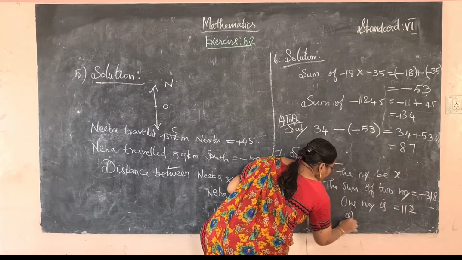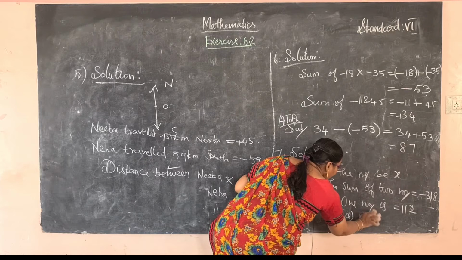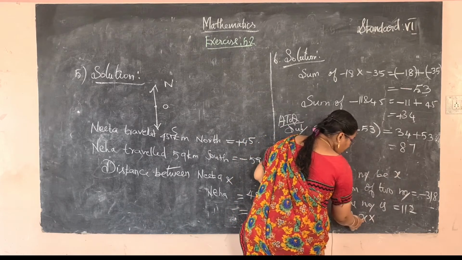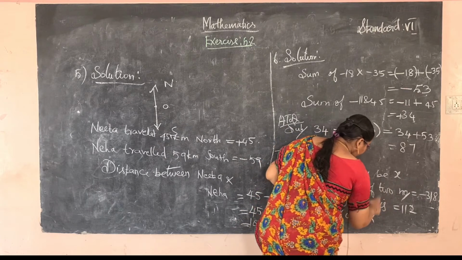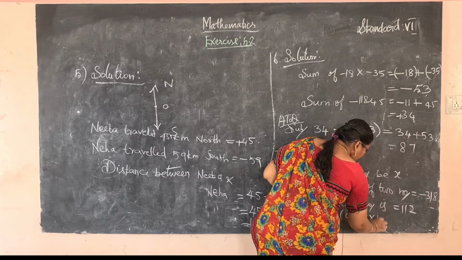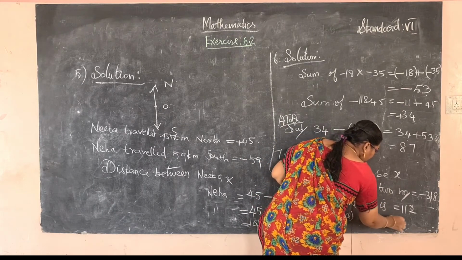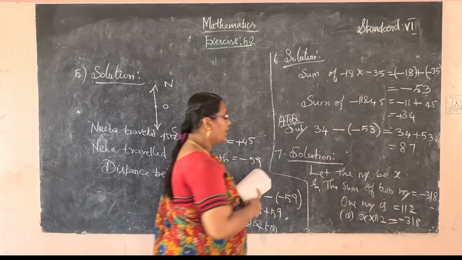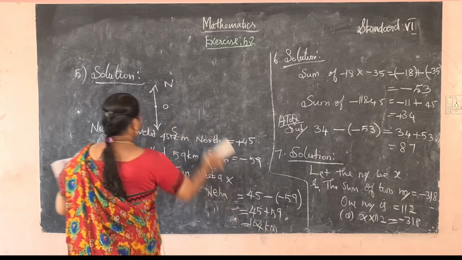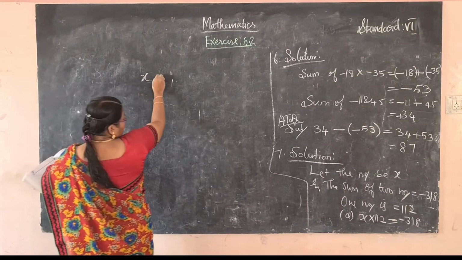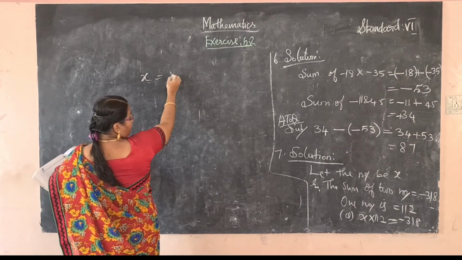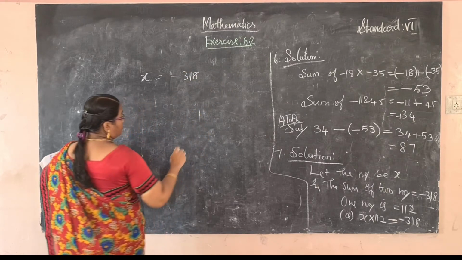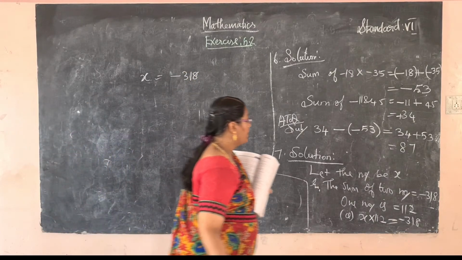One number we have considered x, another one of the numbers is 112. So x plus 112 is equal to minus 318. So x is equal to minus 318. Here the sum is given, is it? So sum is...